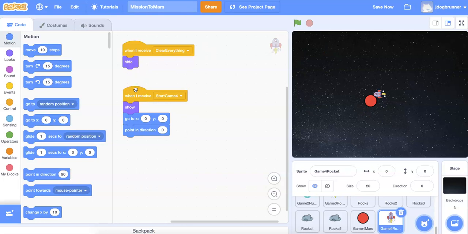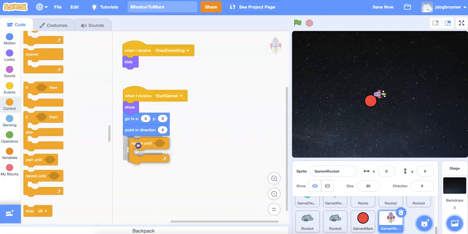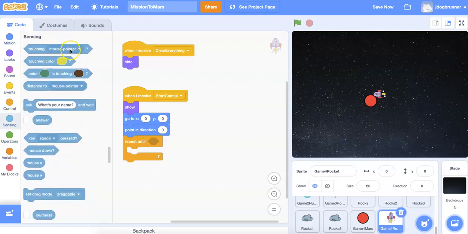And then what we're going to do is we want a loop for this one, but not a forever loop, because like I said in a previous video, you usually don't want a loop that goes on forever and ever, as parts of the program are going to end and then start up again. So let's do something new this time. Under control, let's repeat until, and let's do a sensor thing in here. So we're going to repeat it until, come to sensing, until it's touching